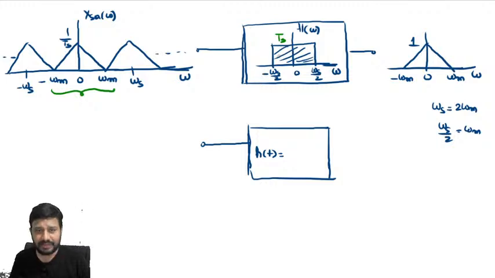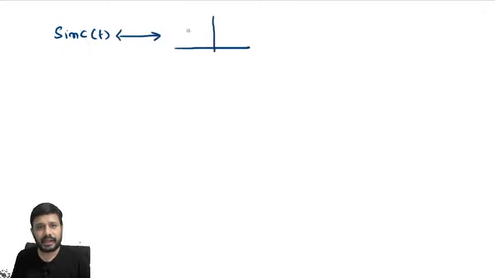See, this is the frequency response. What could be the impulse response? Observe here. I'll tell you, don't worry. Look here. Already we have seen while discussing the duality property, what is the Fourier transform of sinc t? Rectangular pulse varying from, exactly Josna, you are right. The Fourier transform of sinc t is a rectangular pulse varying from minus pi to pi, isn't it?